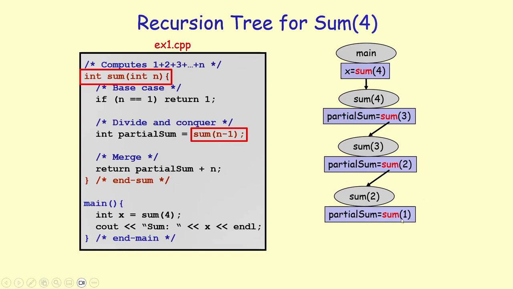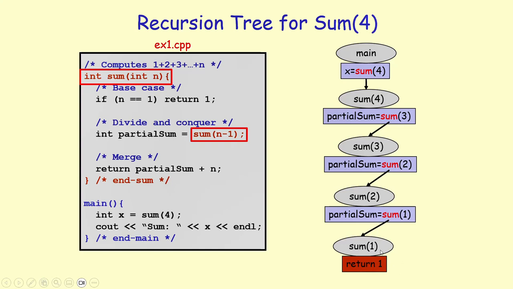Again, this is a function call with a parameter value of 1. We are going to again jump to the beginning of the function, but this time the value of the parameter n is 1. When we enter the function, we are now hitting the base case, as you can see, because the value of the parameter at this point is 1. Is n equal to 1? That is true, so we return the solution, which is 1. Again, we have started with a very big problem of size 4. At each step, we have reduced the problem size by 1, and eventually we have hit the base case, or the stopping condition, which simply returns the solution of 1.